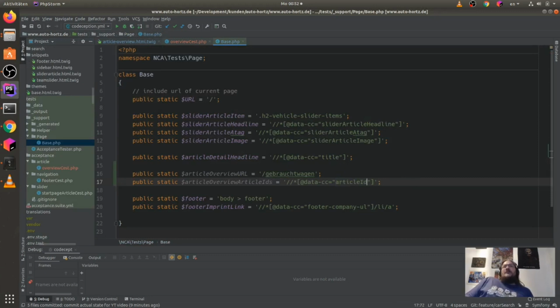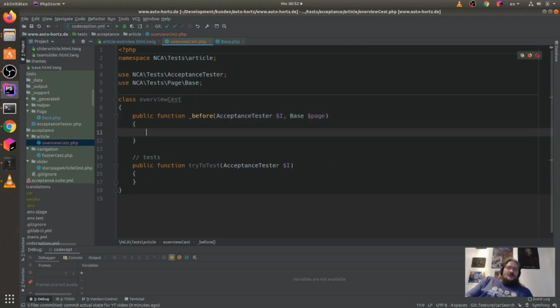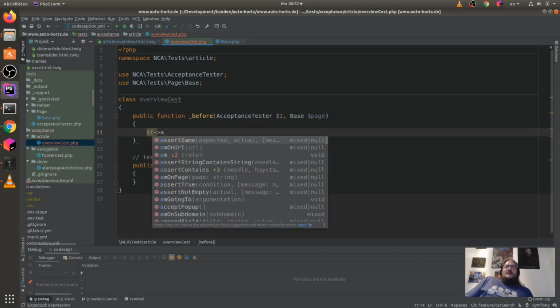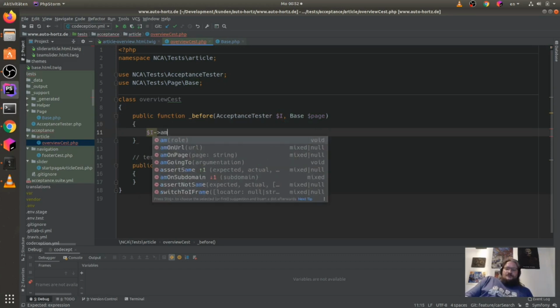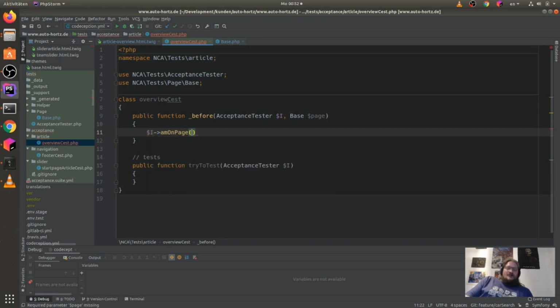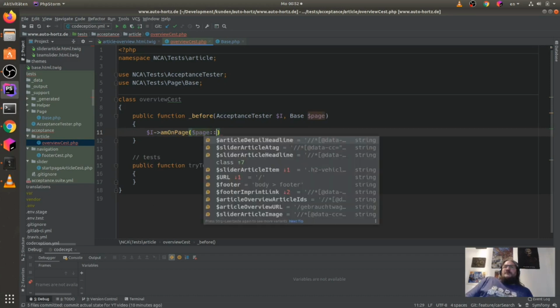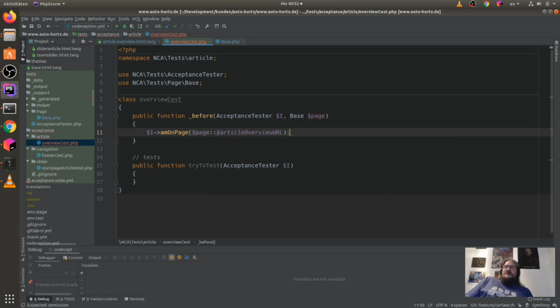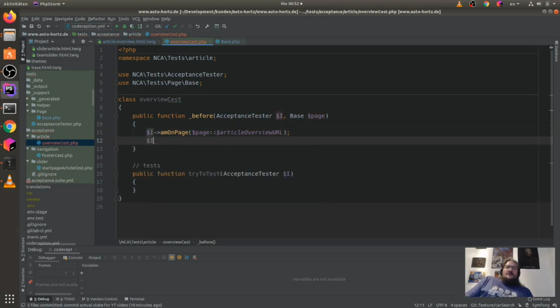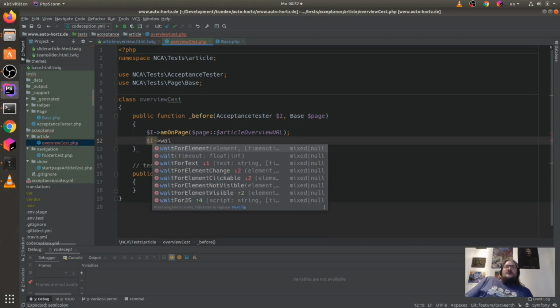Okay. Now we can get all these article IDs of the first page. $I am on page, Page double point, this is article overview URL. $I wait for element.